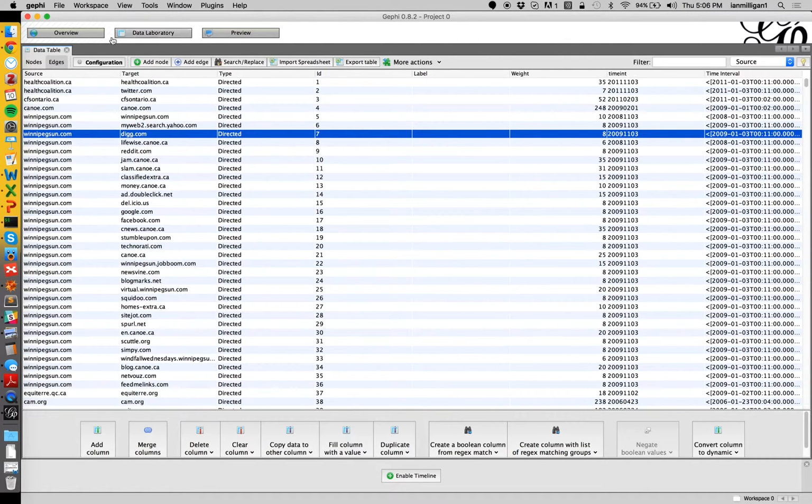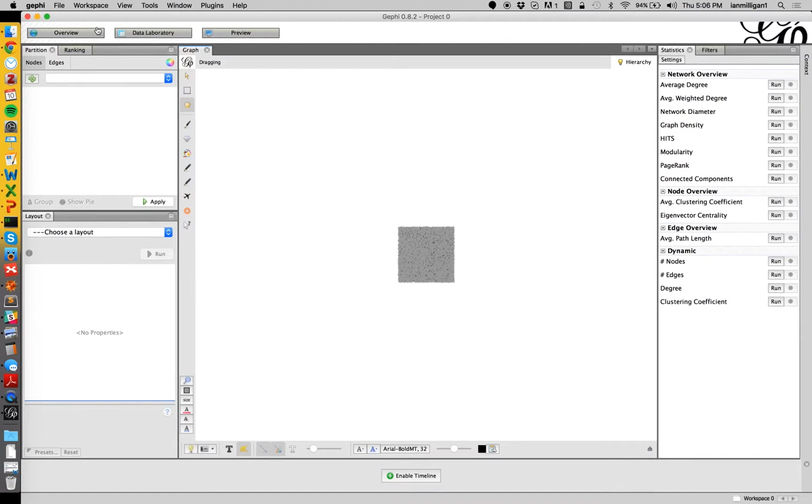So let's go over to the overview. Let's look back at how our Borg cube is doing. Now, it's not doing much, and if we actually started to move these nodes around, I'm working on a laptop here, we would start to have processing problems with all of the data that's moving around. So what we're going to want to do is filter it down. To do that, we click on the Filters tab over in the right,